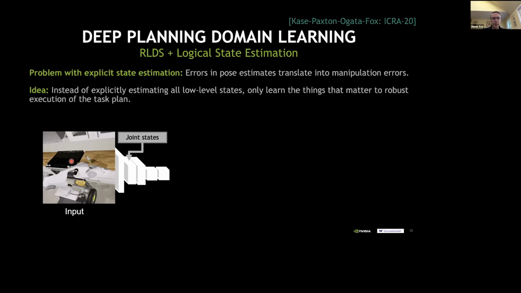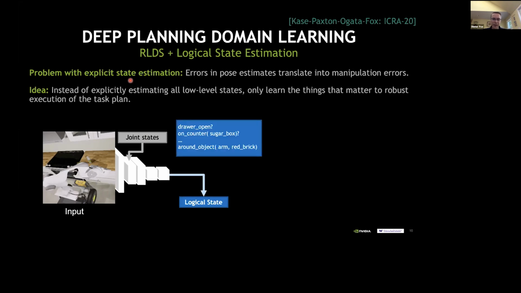So here, for example, the input to the system is a sequence of images, you can see them here on the left, along with the joint states of the robot. Then we have a network that is trained to predict the logical state of that execution system. For example, the logical state might contain predicates like, is the drawer open? Is the sugar box on the counter, and things like that. These are all propositional at this point, so all instance-based. The system is trained on those. And then when the system detects a logical state, that goes into the traditional task and motion planner system